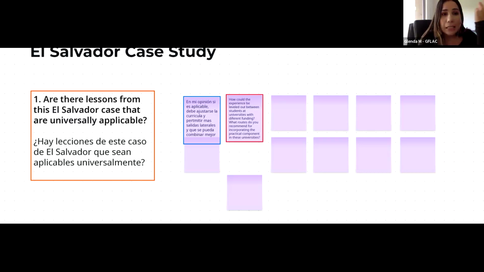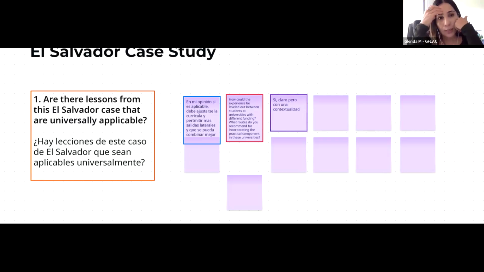So there's a replicable model that is not exactly what is happening in Monterrey, in Mexico, but it is replicable because there's a methodology that already worked, and it can work locally if we apply that in El Salvador, because open innovation by itself is intended to understand the immediate context.